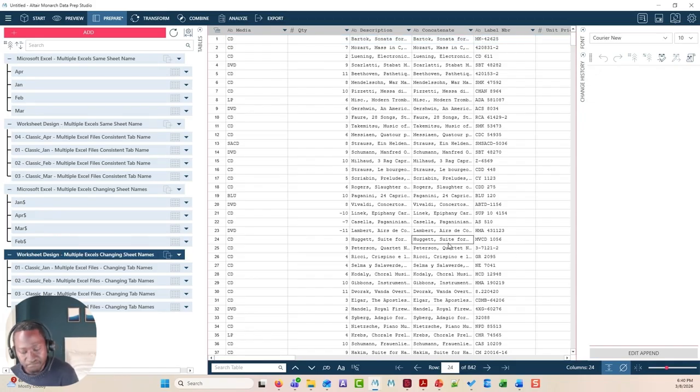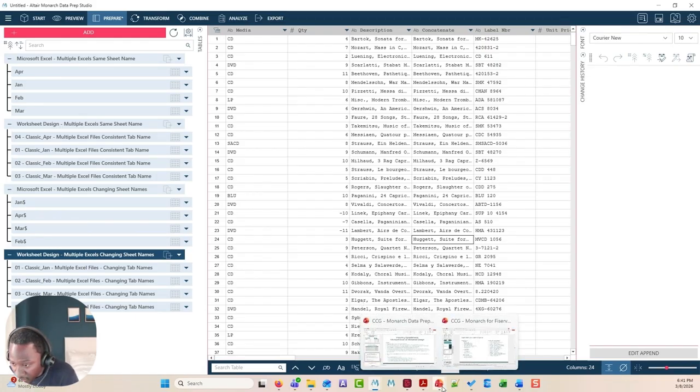All right. So again, this is how it works when you have multiple spreadsheets. It looks exactly the same. Worksheet design does give you some more features for accounting for the different sheet names. I will say for those customers that have the server product, if you have the Monarch server or you're interested in buying it from the software vendor, you do not have to do this. If you have a process where you want to automate this because you've got multiple Excel files,